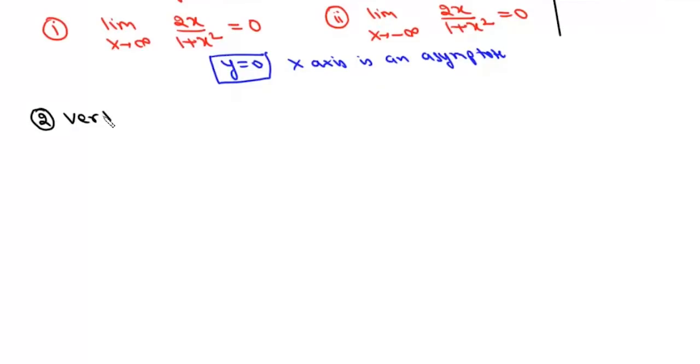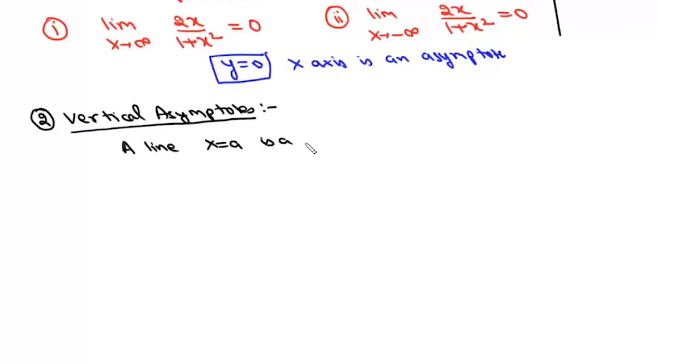how to find vertical asymptotes. Now for vertical asymptote, we say that a line x equal to a is a vertical asymptote